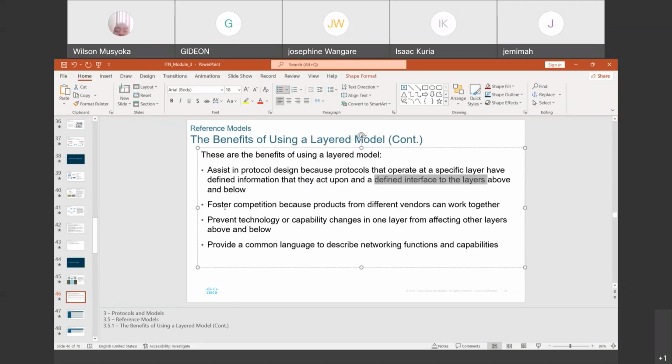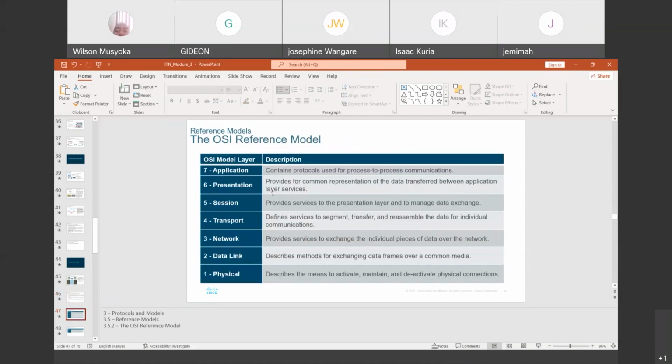They also foster competition because products from different vendors can work together. They also prevent technology or capability changes in one layer from affecting the other layers above or below. That is why we have the layering of these models, and they provide a common language to describe networking functions and capabilities.